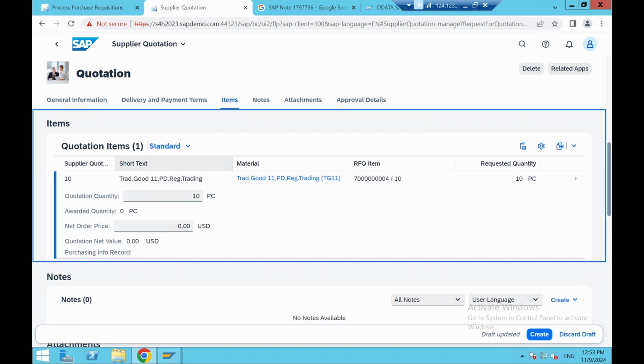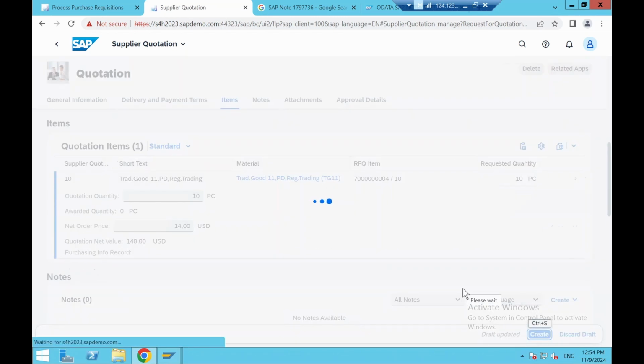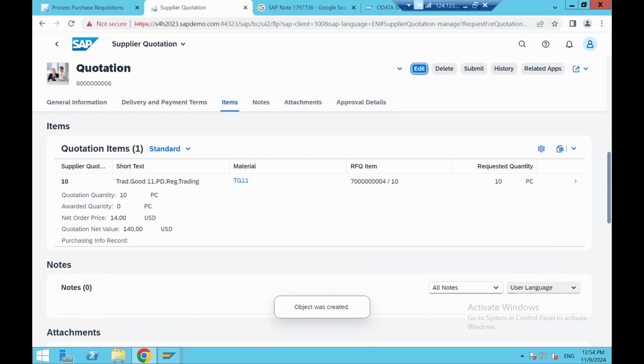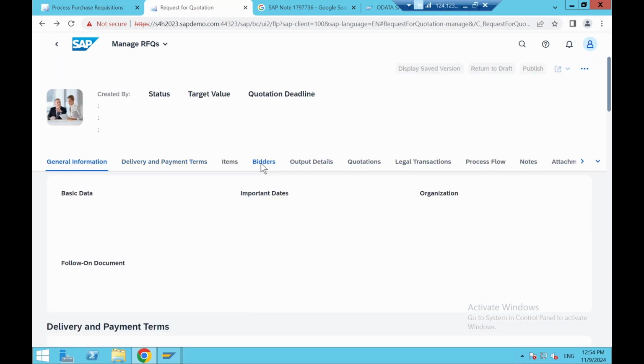In items, the earlier one is also there, and here the quotation they have given is $14. Let me update this first. Okay, so I have taken this. If there is any attachment and upload details, automatic or otherwise, you can go for the workflow. Let me create the quotation here. I have created the quotation. This quotation, what you should do later, you need to compare with other vendors, right? And create another quotation for another bidder. Go to bidders here,